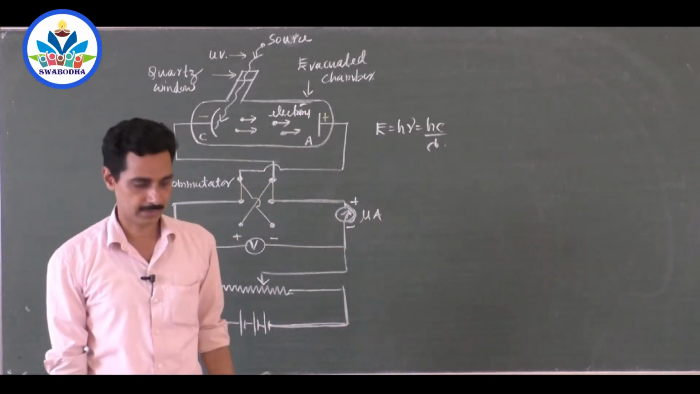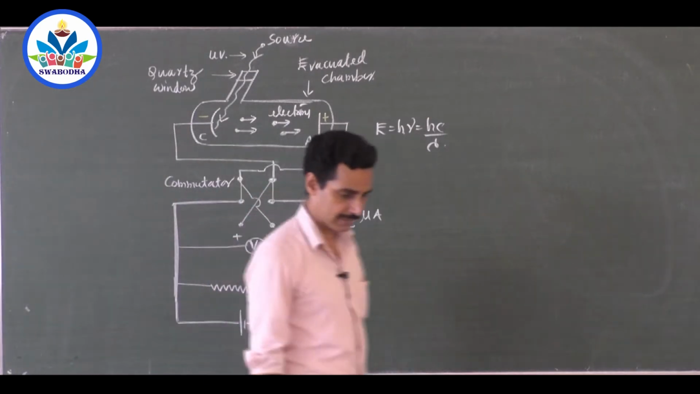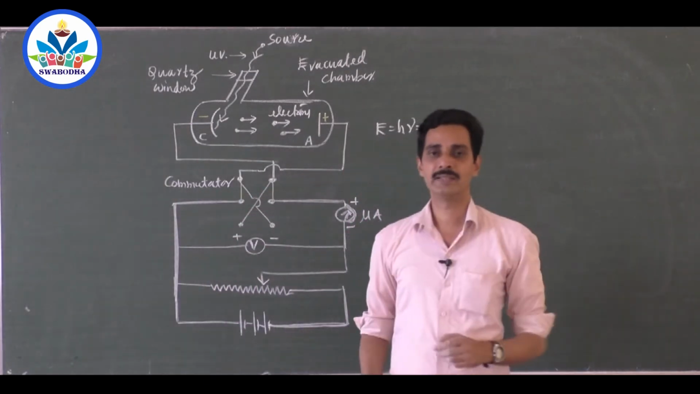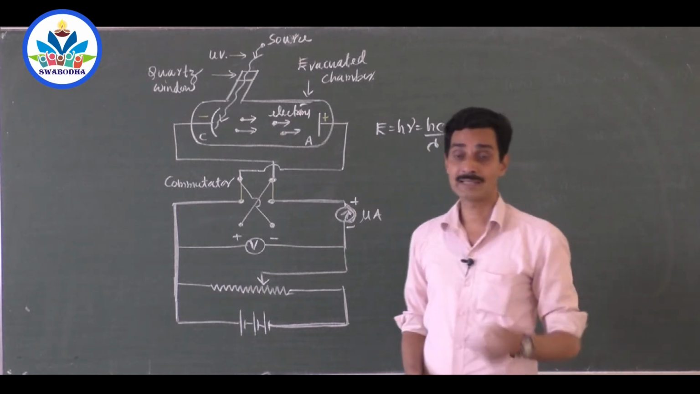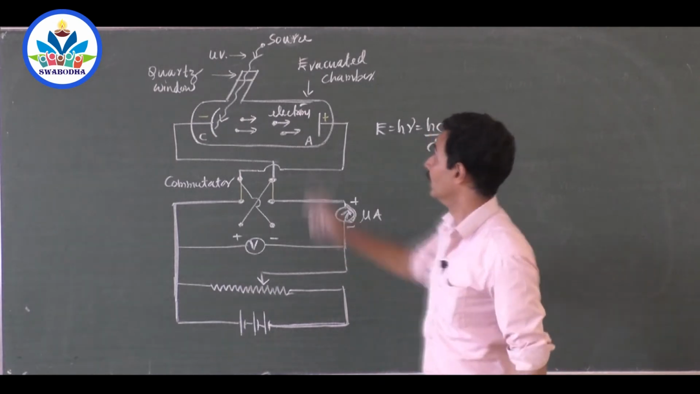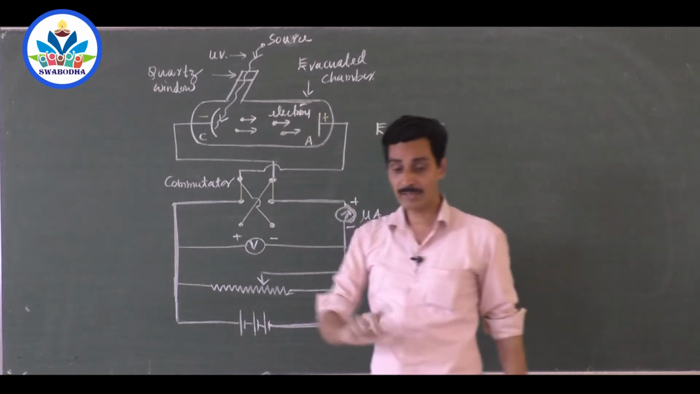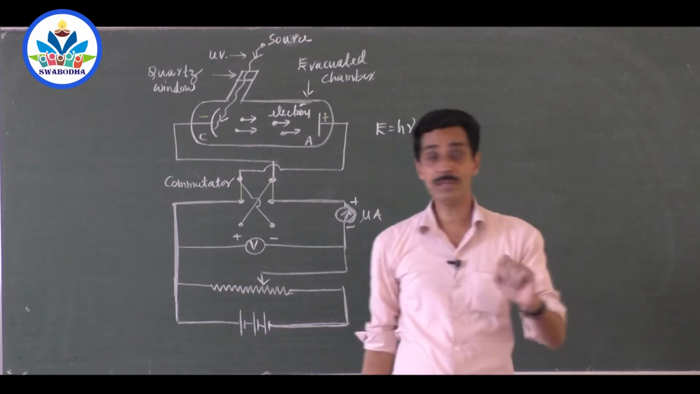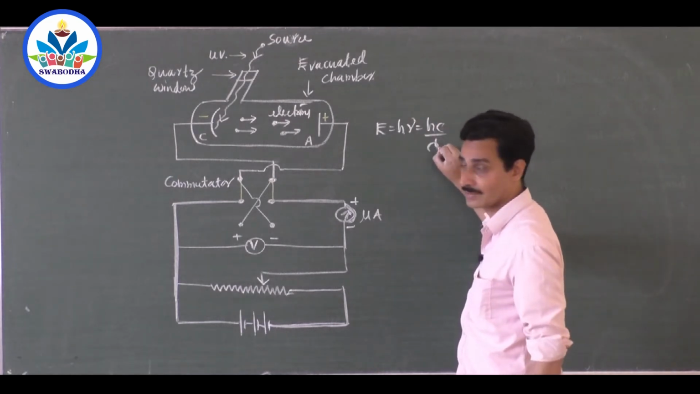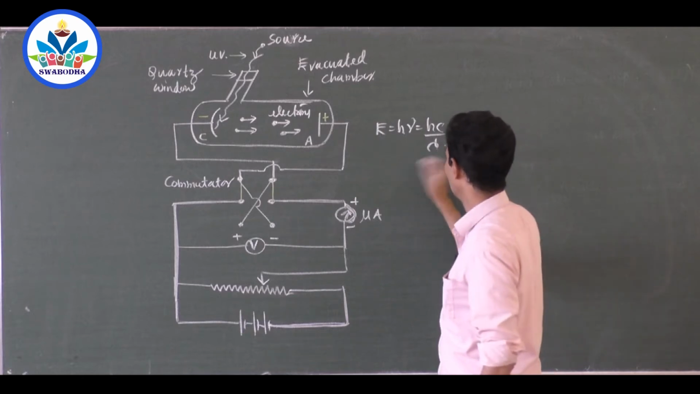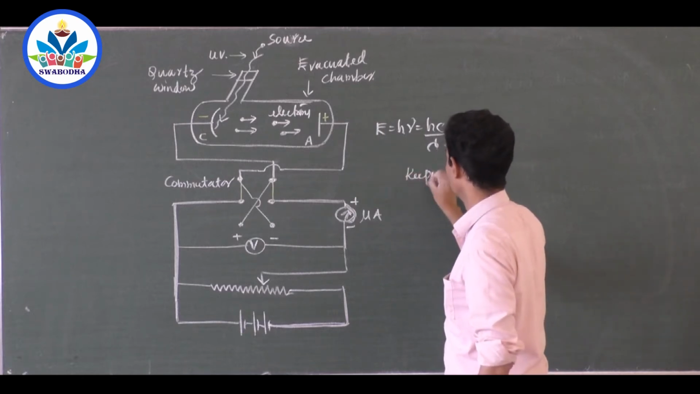microammeter. Now Hallwachs and Lenard found that the current went on increasing as the intensity of light is increased. They took the same source and went on increasing the brightness. What do you mean by that? Nu is not changed. Lambda is not changed. Keeping nu and keeping the same energy